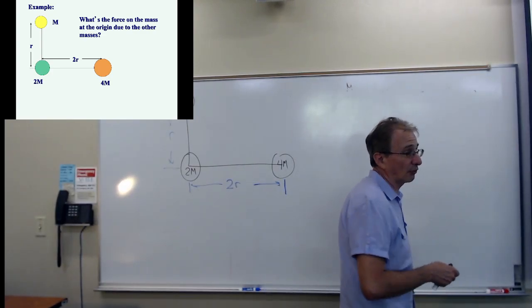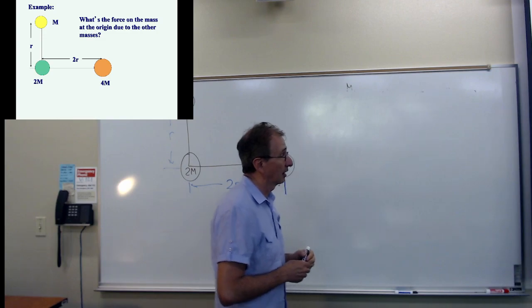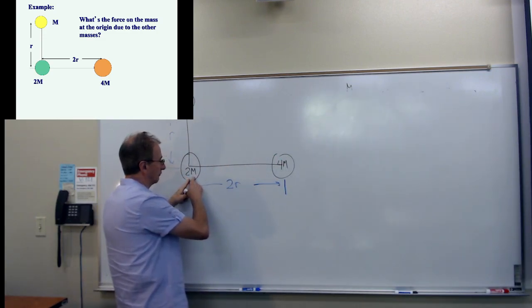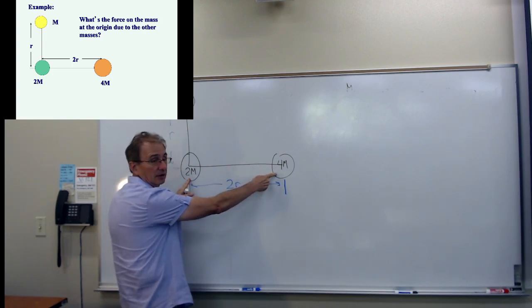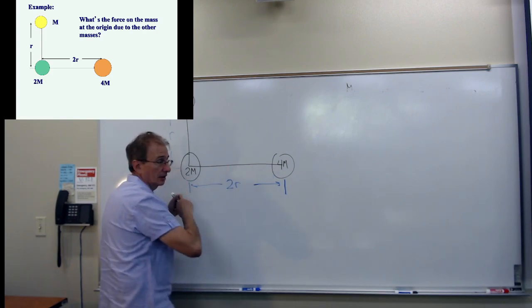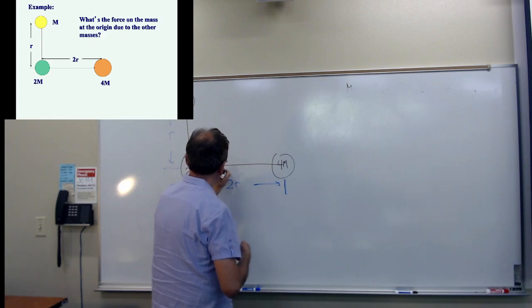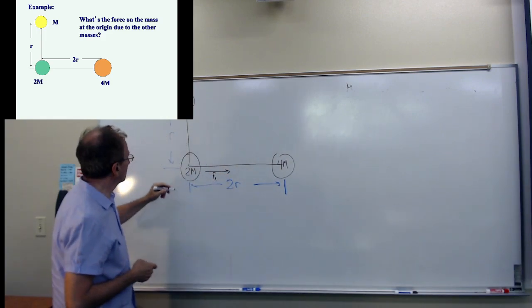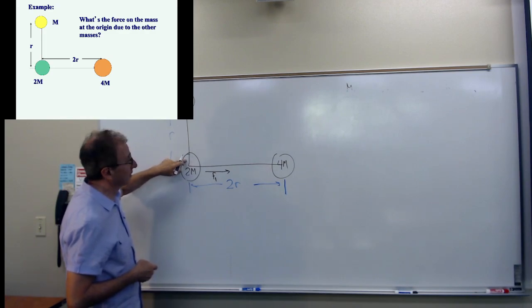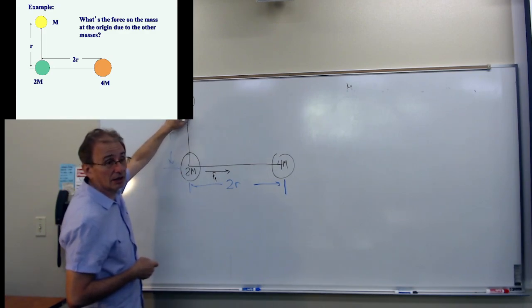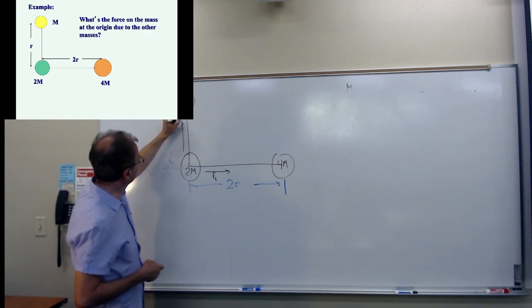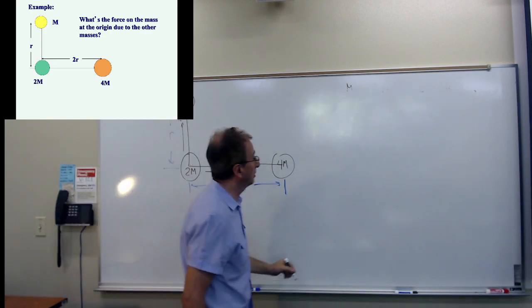So I want to draw the forces acting on this object. What is the direction of the force on this object due to the big one? Positive X. Okay, we'll call that F1. What is the direction of the force on this object due to that one? Positive Y. We'll call it F2. So F total